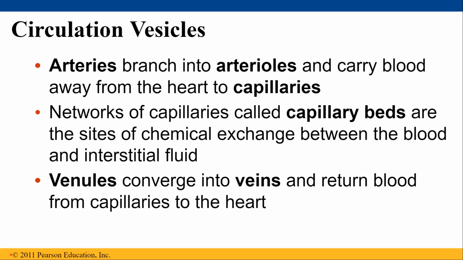When we look at how the blood flows through the body, we're looking at our arteries and our veins, and those arteries and veins are going to branch. When the blood leaves the heart, it leaves through the arteries, and then those branch into arterioles, those then branch into capillaries, and then the capillary beds are where we've got chemical exchange between the blood and